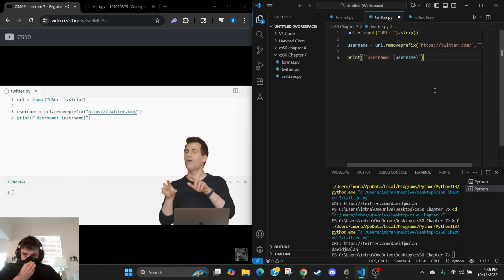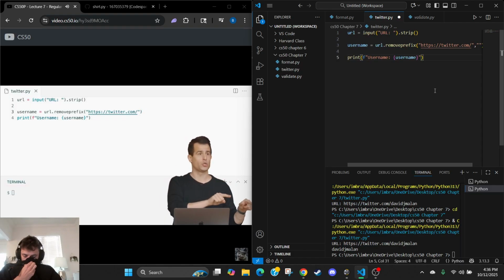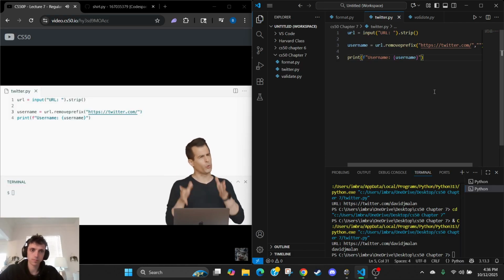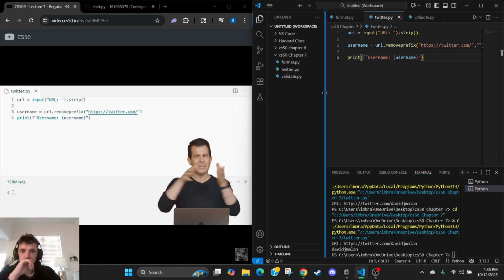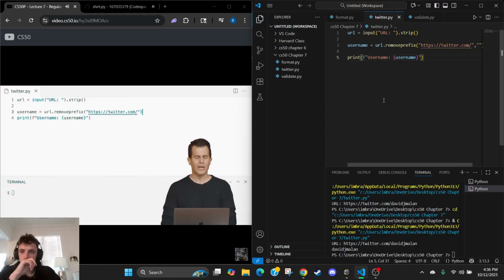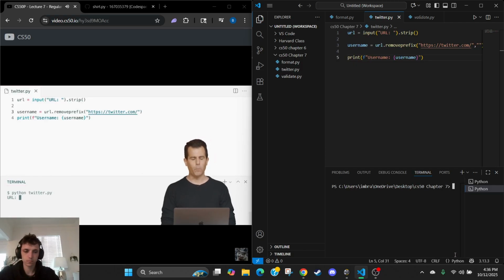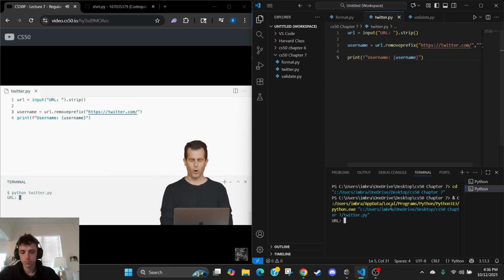So this will at least now fix the problem I just described of typing in a whole sentence where the URL is there, but it's not at the beginning, it's only at the end. So here, this still is not correct, but we don't create this weird looking output that just removes the URL part of the input. My username is